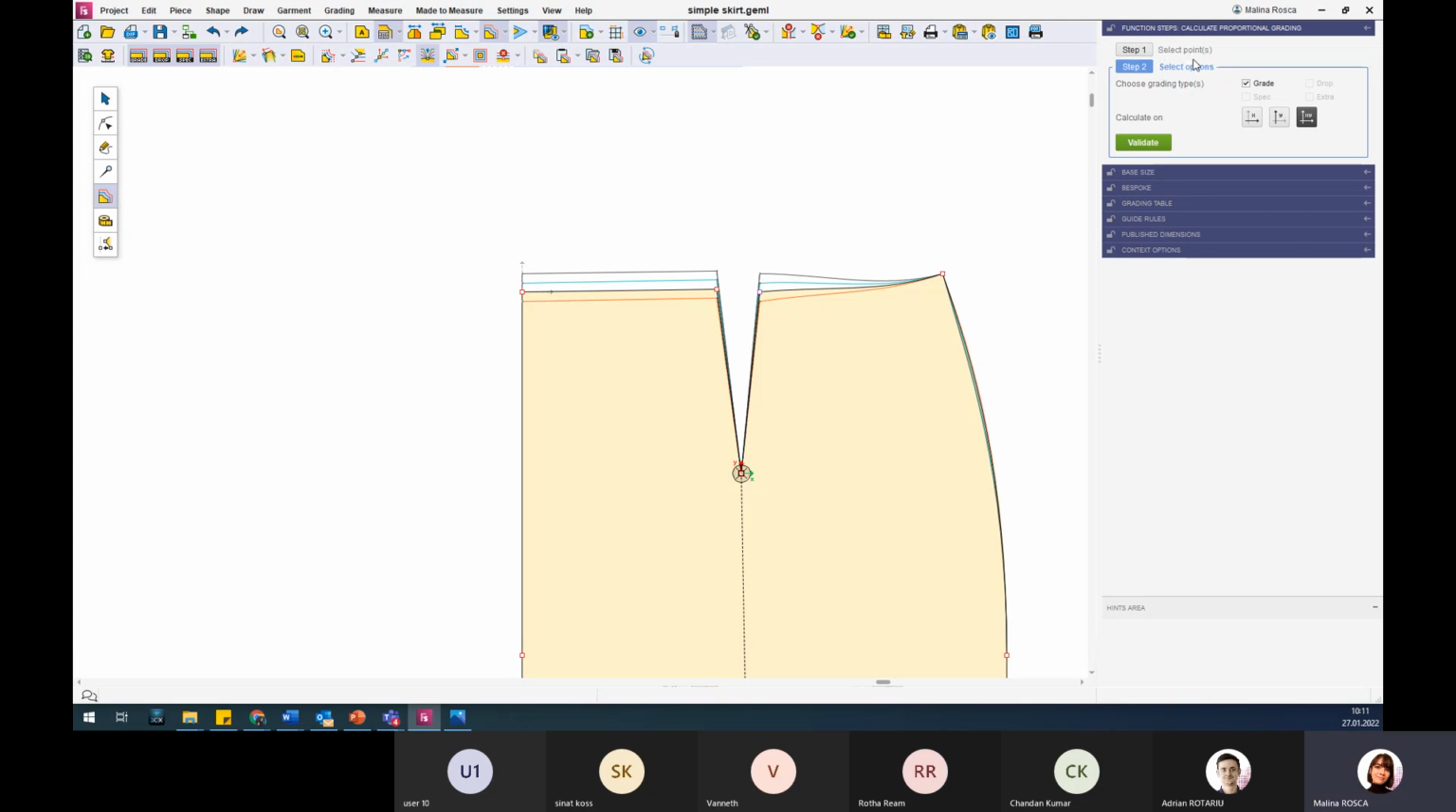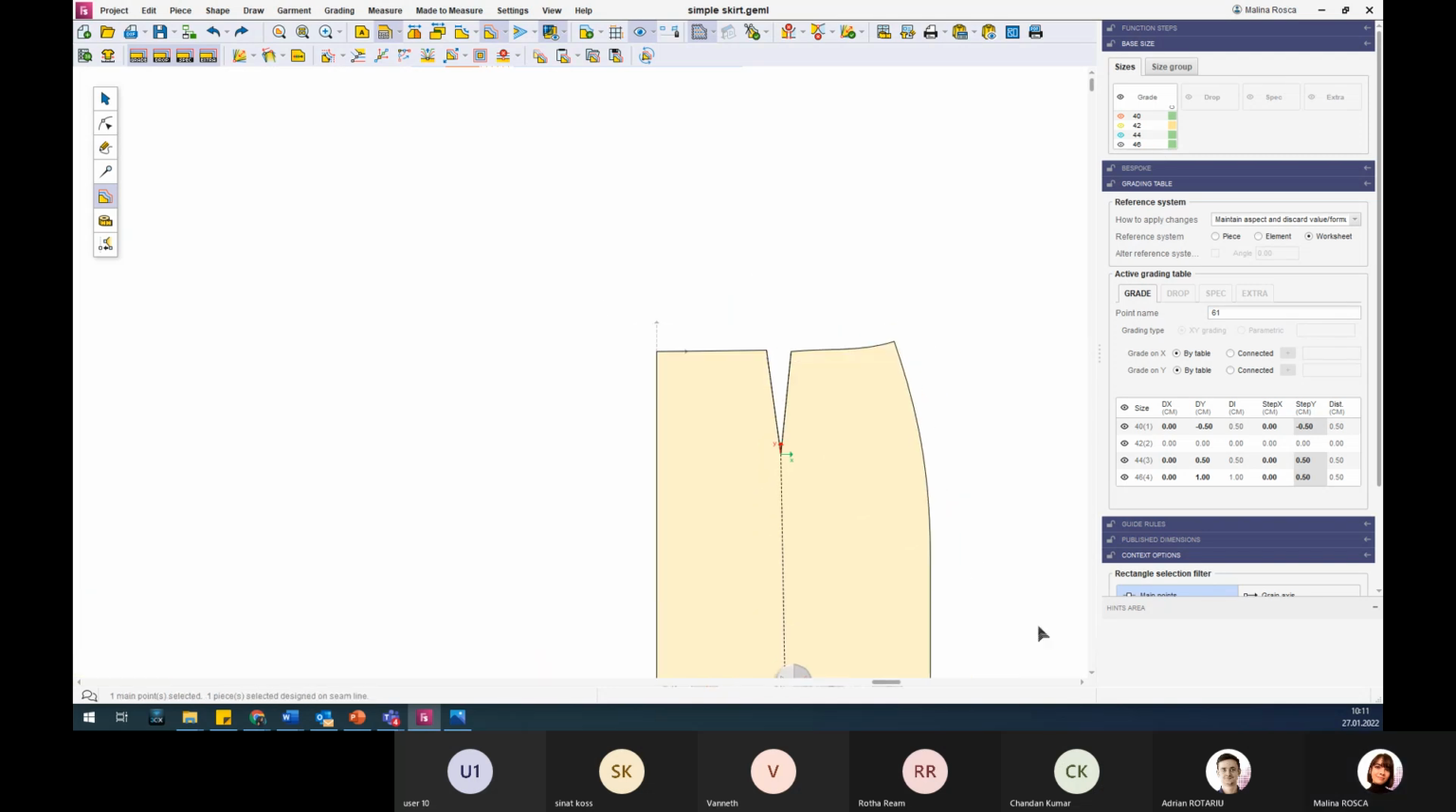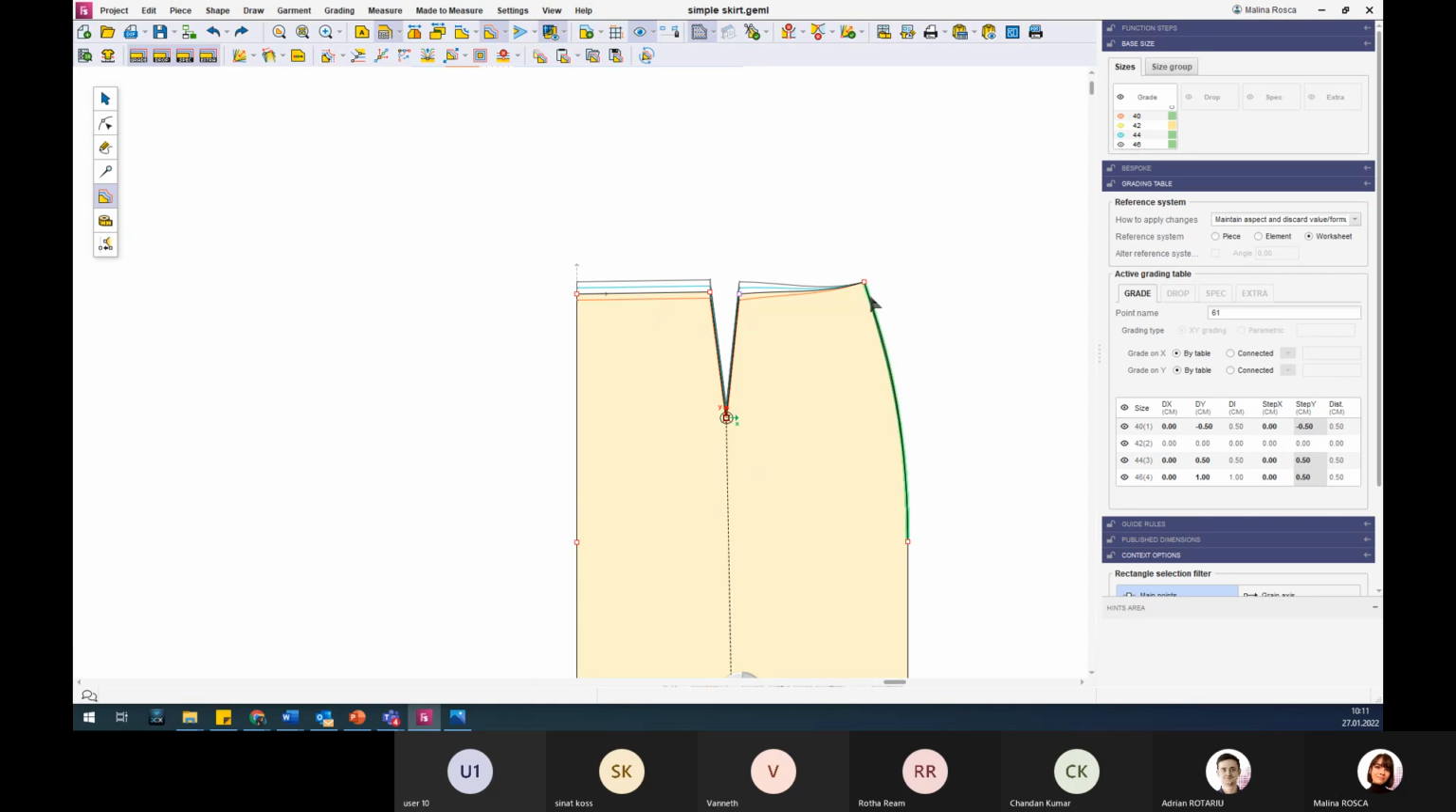The first step was to select the point, and the second step I have to choose how I want the grading to be. I can choose to grade it only on the X axis, on Y, or I can choose to have the gradings on both. If I choose to go on both, it will look something like this. If I want to go further,